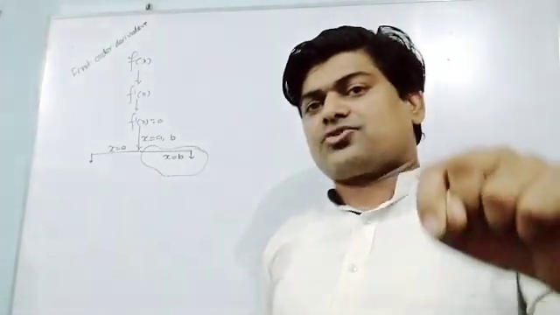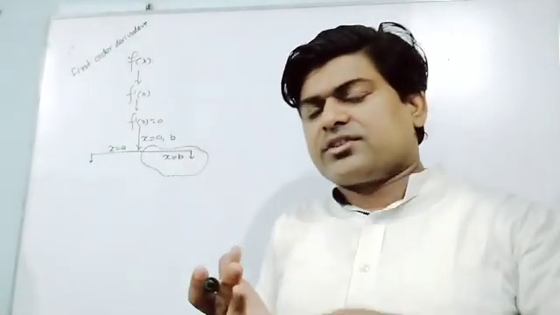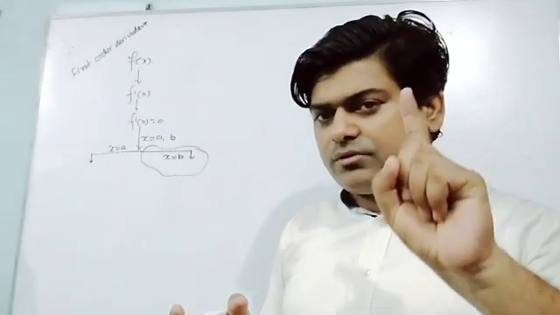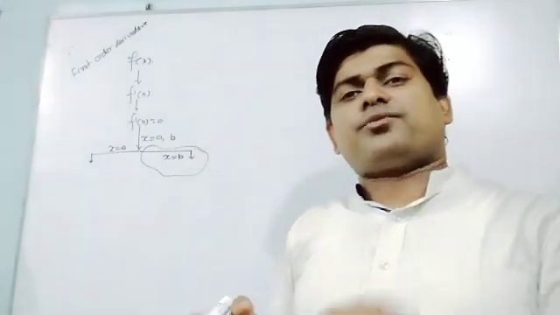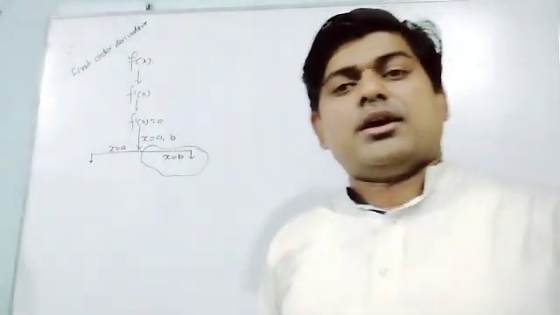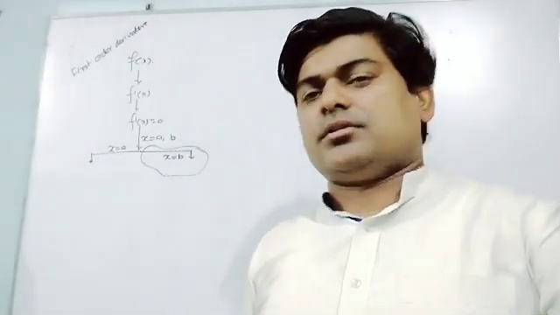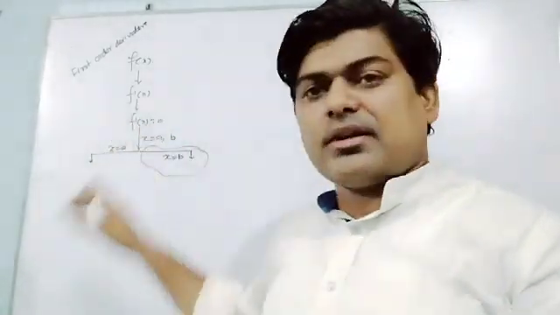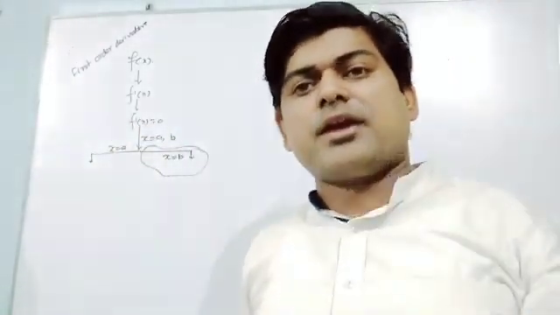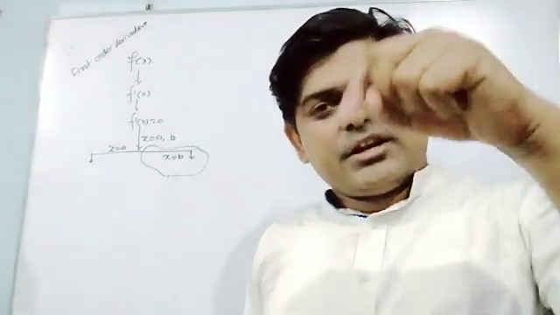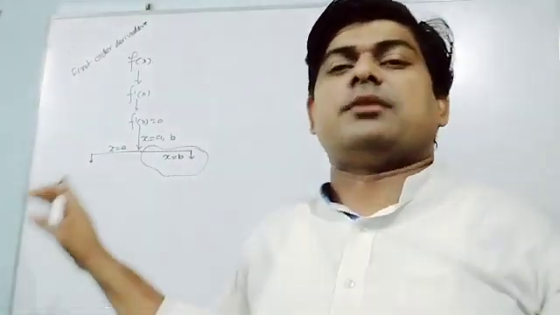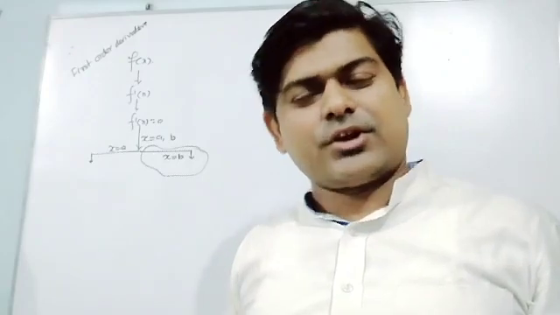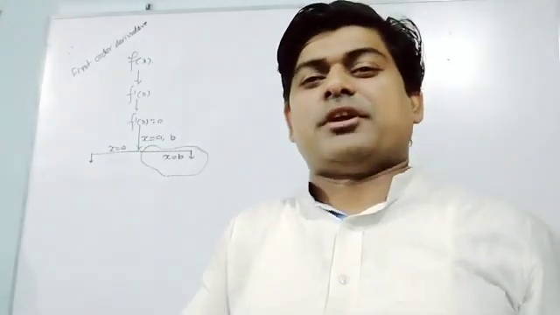If our function is quadratic, the differentiation will be linear, so only one value of x we will get. If our given function is cubic, its differentiation will be quadratic, so we will get 2 values of x. If our function is biquadratic, its differentiation will be cubic, so we will have 3 values of x. So this is one general thing I am telling you, and I think it will be an important point for you.